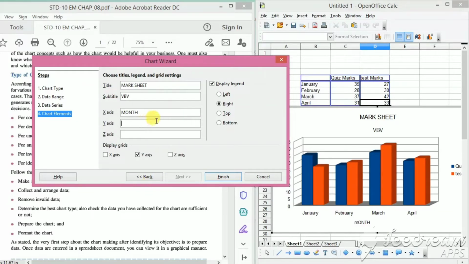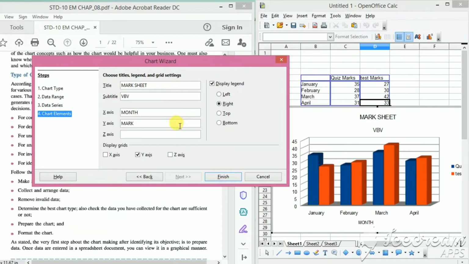So on the y-axis give the title marks, then display the legend. Legend means quiz marks and test marks are known as the legend.